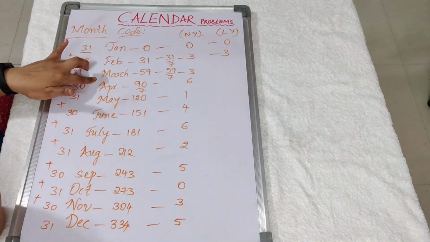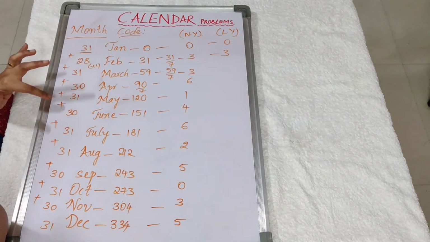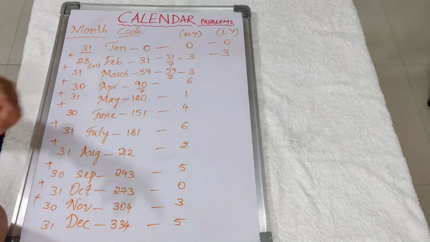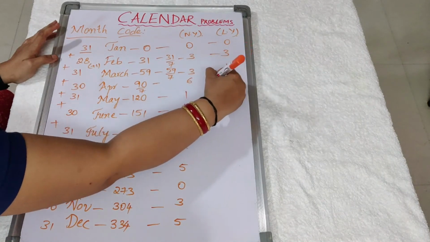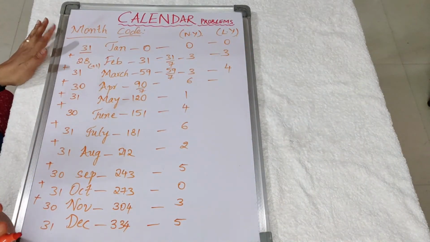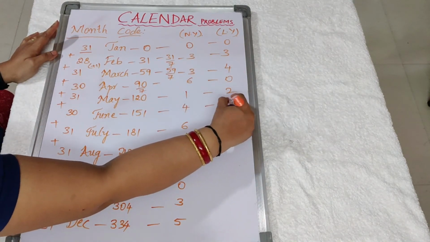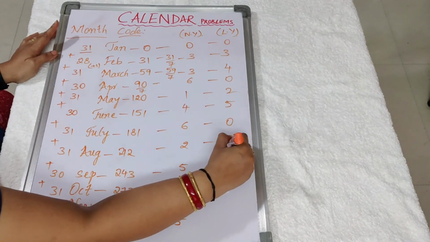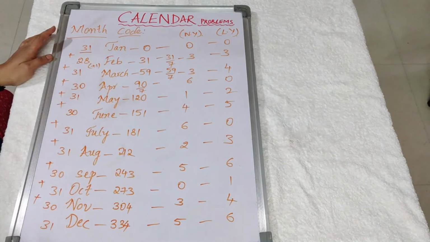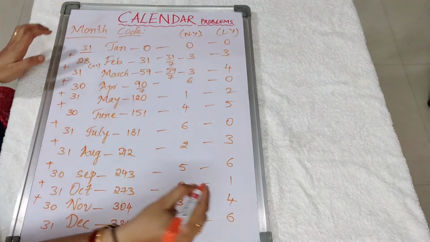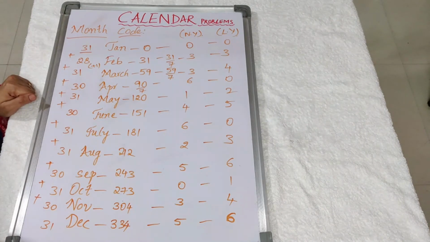Now for March, there is one extra day. So when you are adding this extra day for leap year, what happens? All the months get one extra. So 1 odd day extra. So 3 plus 1, 4. 6 plus 1, 7. Again 7 by 7, it is 0 remainder. So 0. So 1 extra, 2, 4, 5, 6 is again 0. 2, 3, 5, 6, 0, 1, 3, 4, 5, 6. So these are the month codes in a leap year. So this is how we do this.